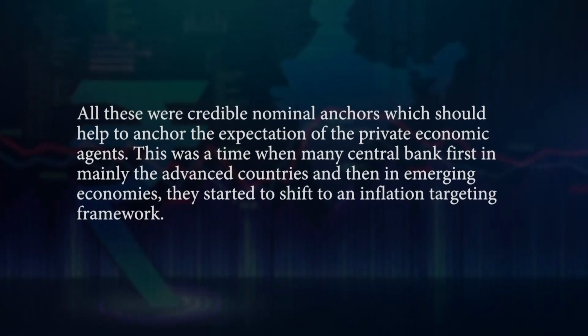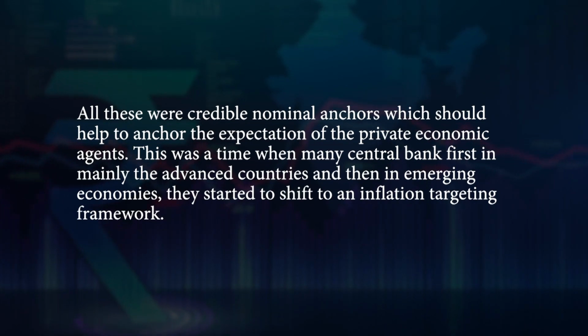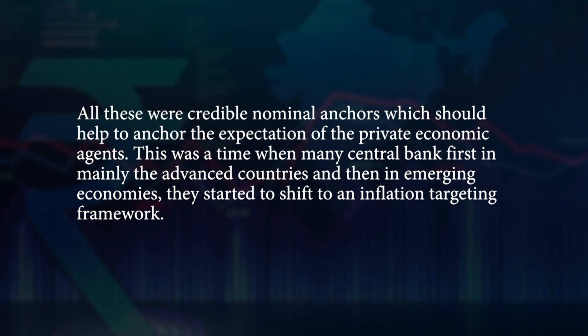On the eve of the global financial crisis, some observers questioned this multiple indicators approach strategy. They suggested a gradual move towards an inflation targeting framework as it is adopted in other emerging countries. Thus, this approach also came under attack from many critics who said that it was too vague and the monetary policy needed a nominal anchor that should have a single target. The target could be inflation, exchange rate, money supply, or nominal domestic GDP. All these were credible nominal anchors which would help to anchor the expectation of the private economic agents.